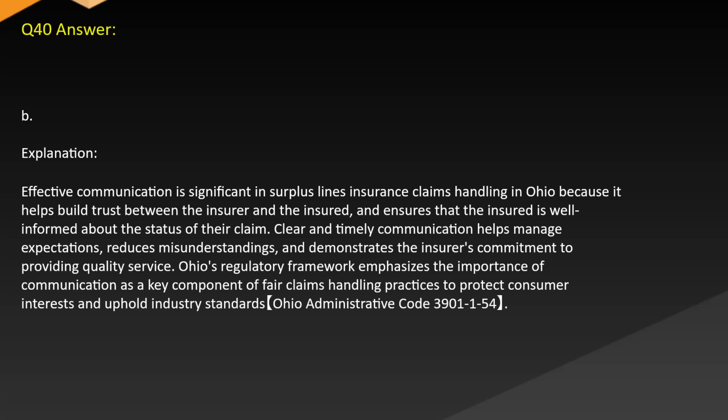Answer. B. Explanation. Effective communication is significant in surplus lines insurance claims handling in Ohio because it helps build trust between the insurer and the insured and ensures that the insured is well informed about the status of their claim. Clear and timely communication helps manage expectations, reduces misunderstandings, and demonstrates the insurer's commitment to providing quality service. Ohio's regulatory framework emphasizes the importance of communication as a key component of fair claims handling practices to protect consumer interests and uphold industry standards. Ohio Administrative Code